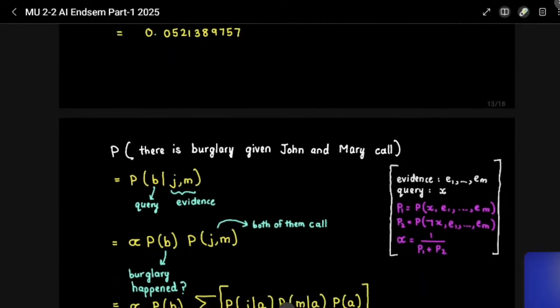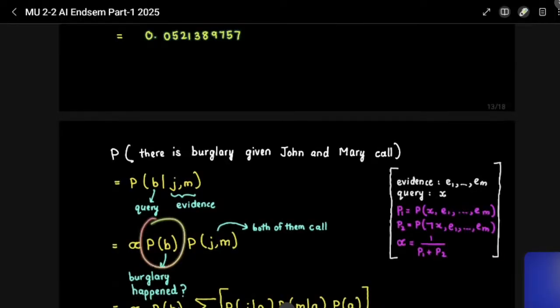So we are inquiring if burglary happened or not, right? So let us multiply it with the probability of burglary happening. We want to find out the probability of burglary happening, right? This part is fine. So the probability of burglary happening and the probability that both John and Mary call. This alpha came into the picture because